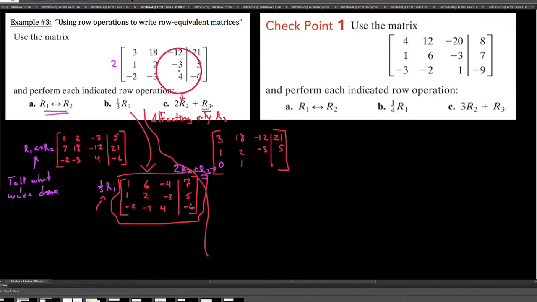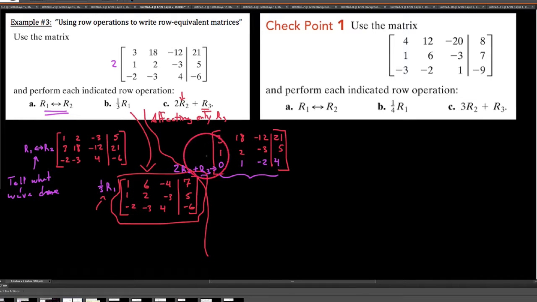If we were to take 2 now times this negative 3, 2 times negative 3 is negative 6, and add that to a positive 4. Negative 6 plus a positive 4 is a negative 2. And then lastly, if we take 2 times this 5 and add it on to what was formerly in row 3, so 2 times 5 is 10, and add that to our negative 6, we would get a 4. So the weird thing to notice is that we've only affected the third row,